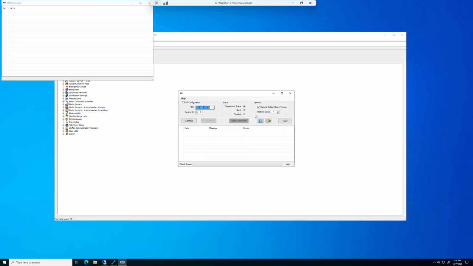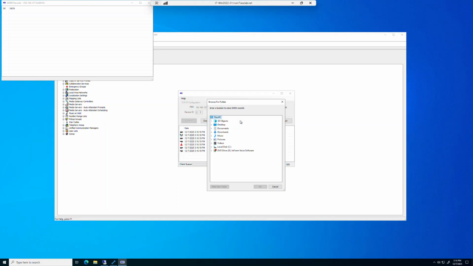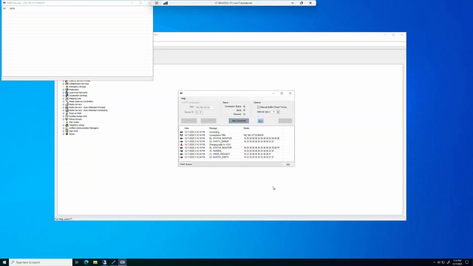So I'm saying I want to poll every 4 seconds. I will connect to Inform Voice and tell it to give me whatever records it has. As you can see, the buffer is empty, so it's polling every 4 seconds, and Inform Voice says that